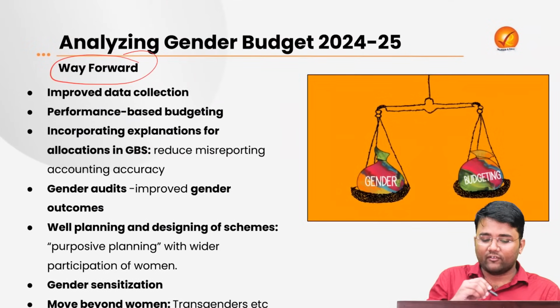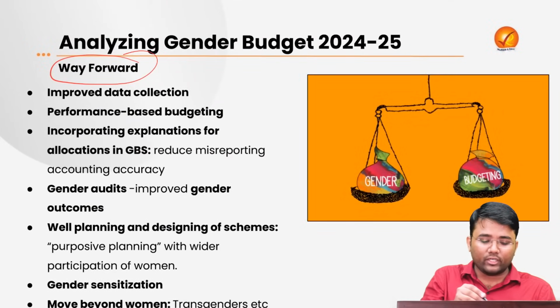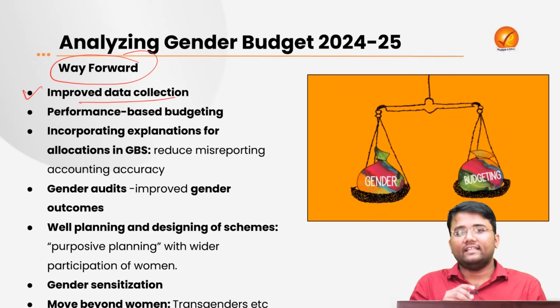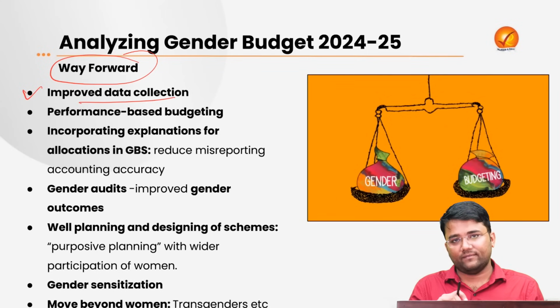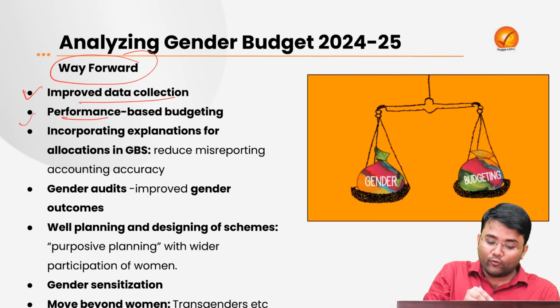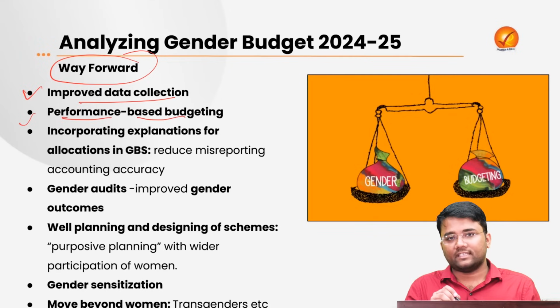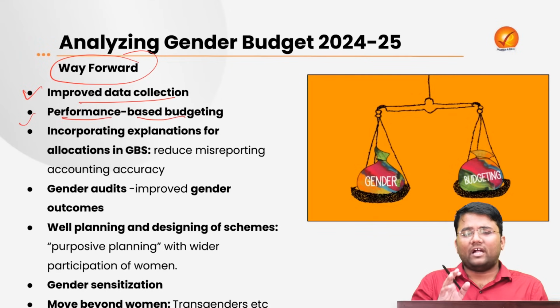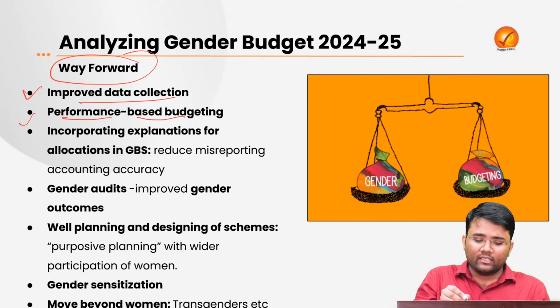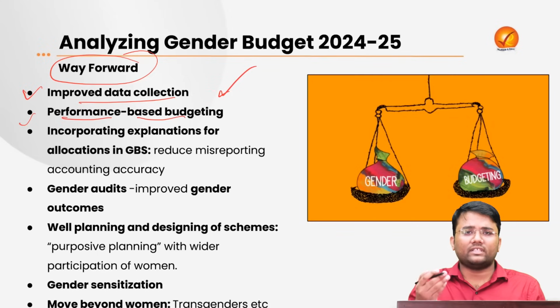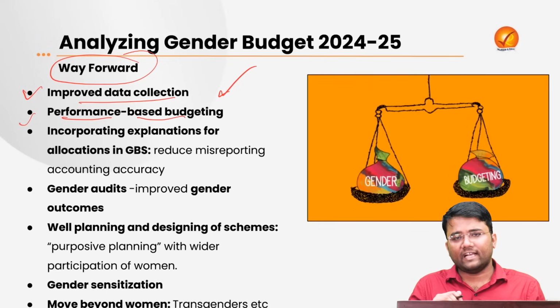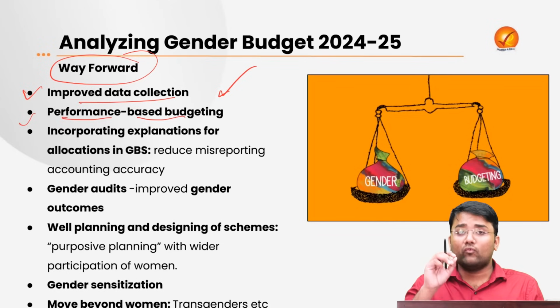So what should be the way forward? First, we need to improve the data collection. This can help in channelizing our resources efficiently and effectively. Then there is need for performance-based budgeting. Whatever the scheme or department has done well, we can allocate some more resources according to the performance of that particular department or ministry, how well they are performing, how well they have been able to improve the social sector